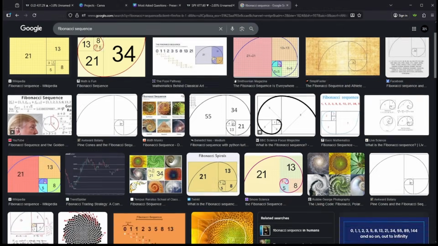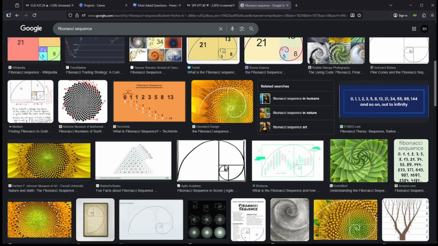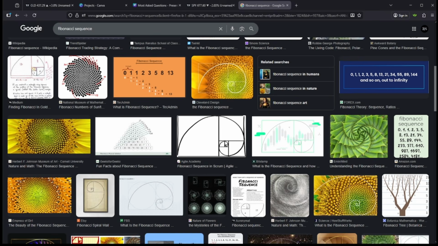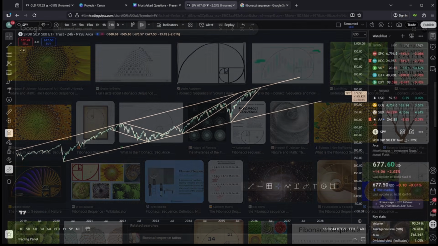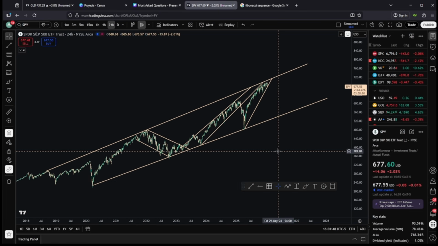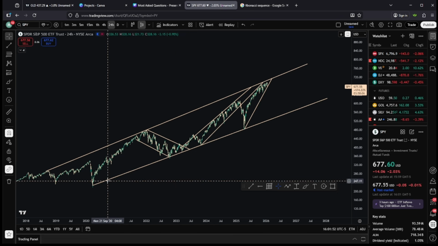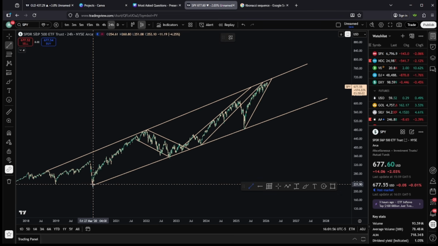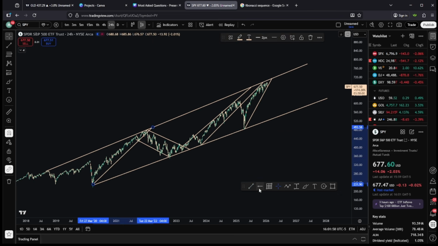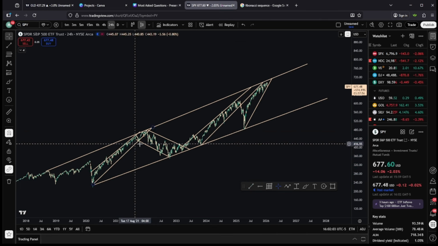If you want to know where this concept comes from, it's directly from the Fibonacci sequence, the golden ratio, also referring to everything in nature essentially being perfect. When we correlate that directly over to the market, obviously there's not a spiral on here, but everything is essentially in a perfect trend 24/7. You can draw as many lines as you want on the chart using the trend line tool, but you're always going to find some kind of trend where something is making a higher low or a higher high, all within